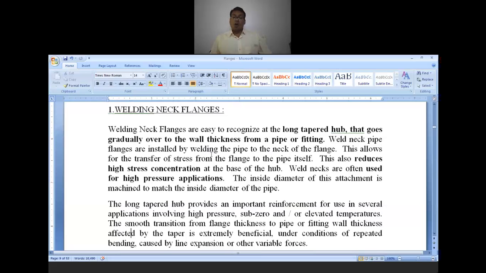However, these flanges are costly also. So you have to optimize between the cost and the severity of the process. When you are using it for a higher temperature, higher pressure, corrosive fluid, flammable fluid, where no leakages are accepted, there I have to invest more and prefer these welded neck flanges.